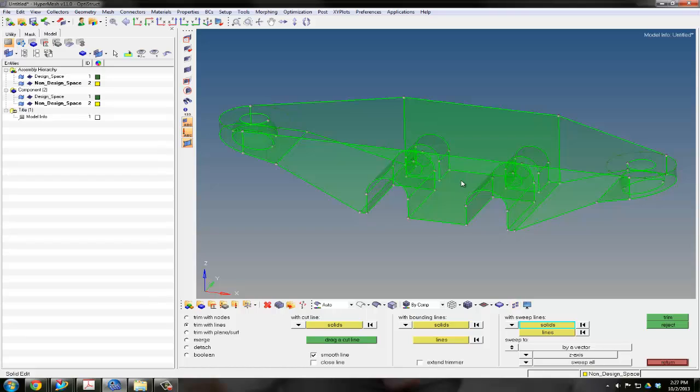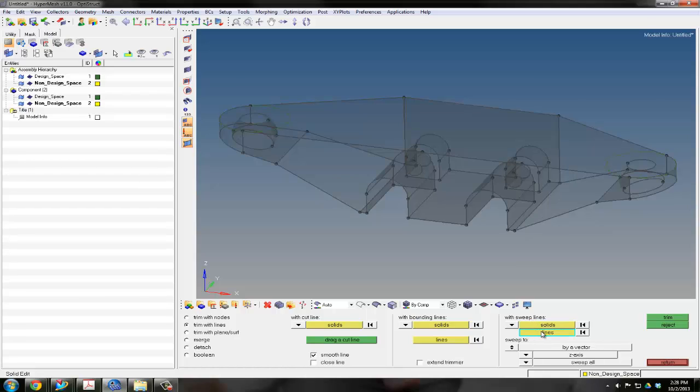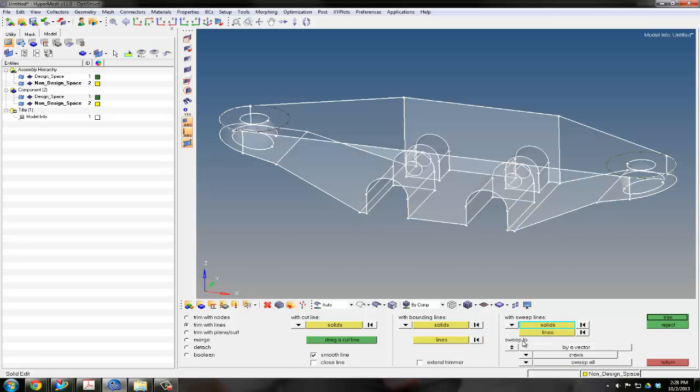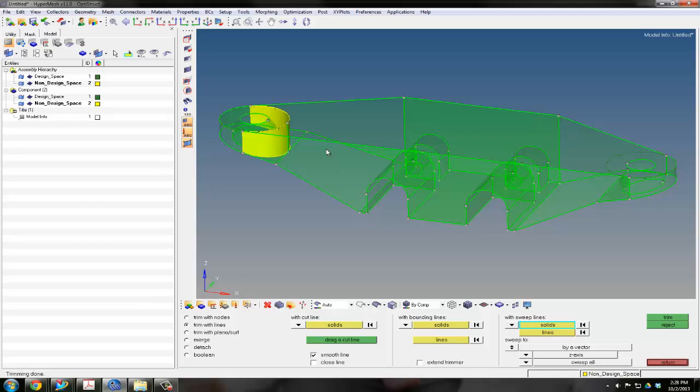So what we're going to do is we're going to say solid edit. We're going to edit the solid that we have here, and we're going to trim this solid with lines. Trim with lines, and then over here with sweep lines. So it asks me what solid do I want to edit, this solid, and which lines. So let's select this line here. What we're going to do is we're going to take this line and we want to sweep it along the Z axis and just cut everything along the Z. So we're going to say by a vector, and then we're going to set it to be the Z axis, and sweep all will just go from positive infinity to negative infinity along the Z axis and just chop everything that it touches. So we hit trim, and as you can see, it trimmed that,